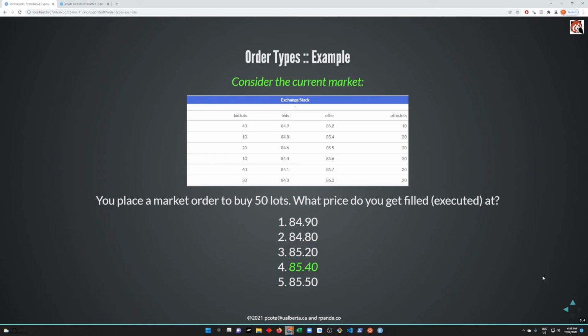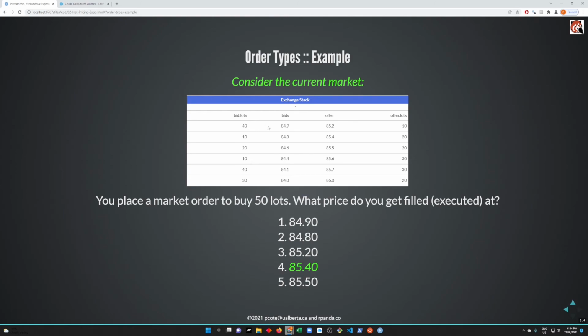An example of orders. This is for a market order. What I've put there is typical of what you may see on an exchange or transaction marketplace. It's called the exchange stack in this case. What you would see would be the bids and offers in a stack, the first row being the highest bid and the lowest offer. What you see on each side would be the quantity related to those orders.